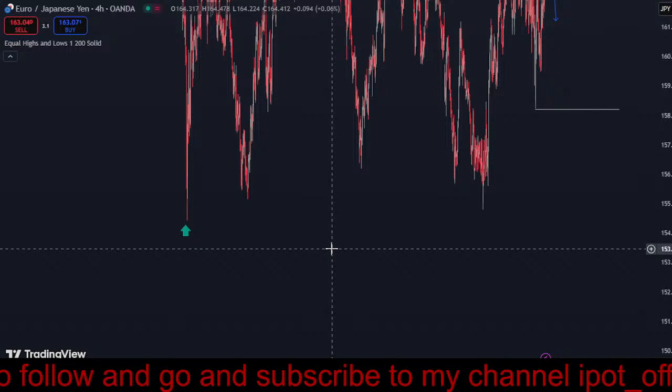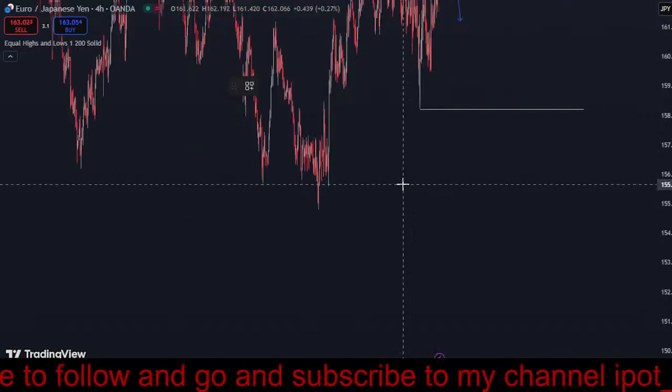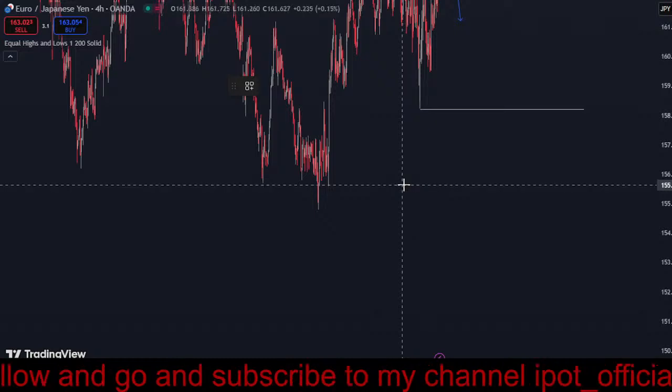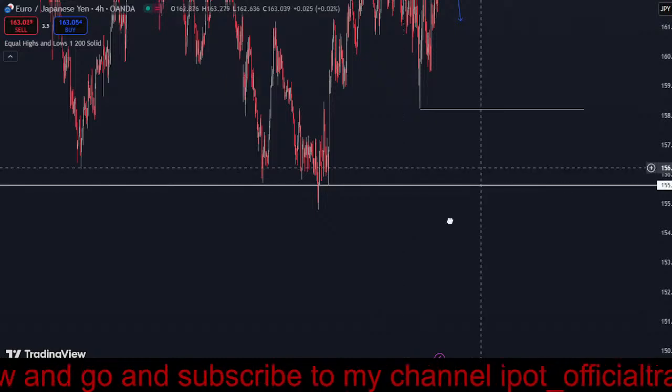But I'm also doubting this area. You see this one? That one could definitely be a good price. If Euro JPY respects this area, then this could be your most preferable TP, this one. For obvious reasons, because what you need to know is that when you have the market creating this kind of structures,